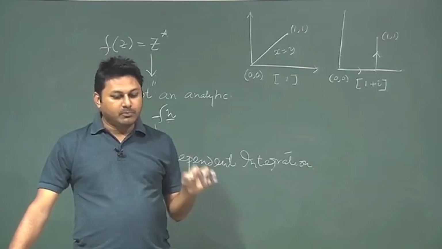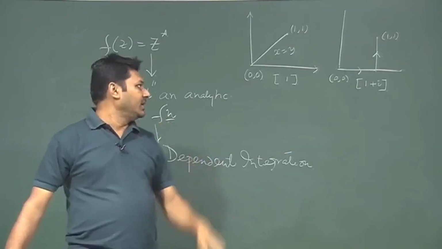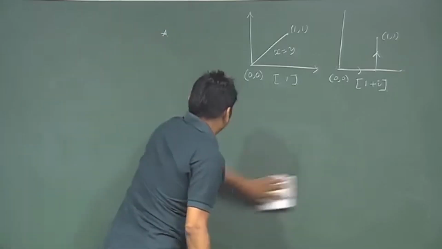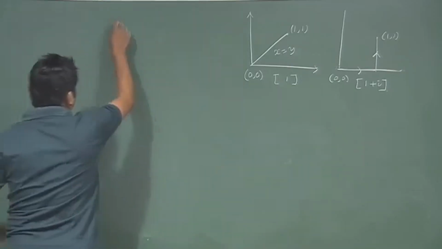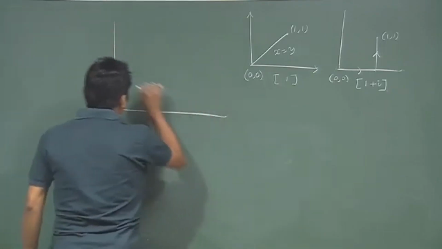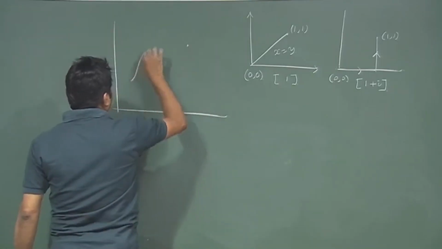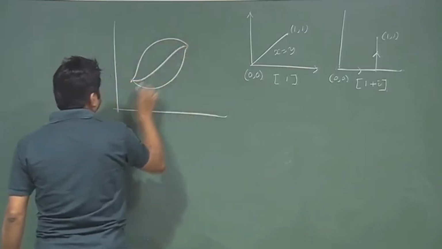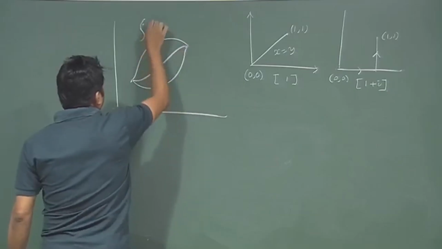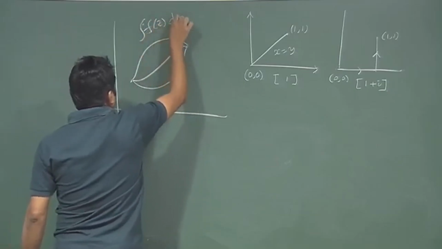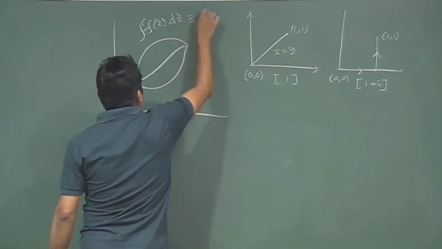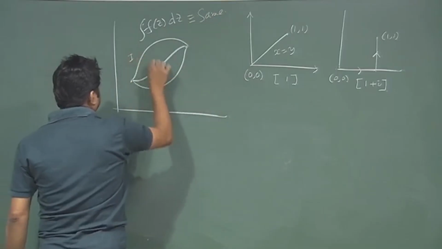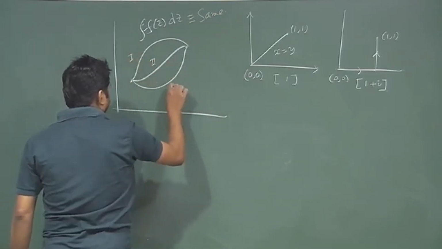If I go from one point to another point on any path I like, let me show that. From this point to this point, if I go with this or with this, since the points are fixed, the integration of f(z) dz will be the same for all the paths. So, if it is path 1, path 2, or path 3,